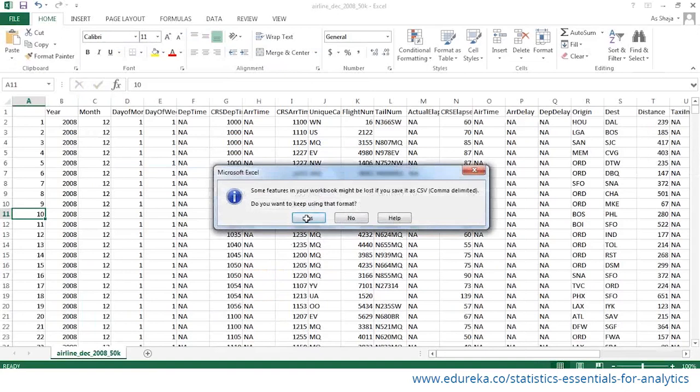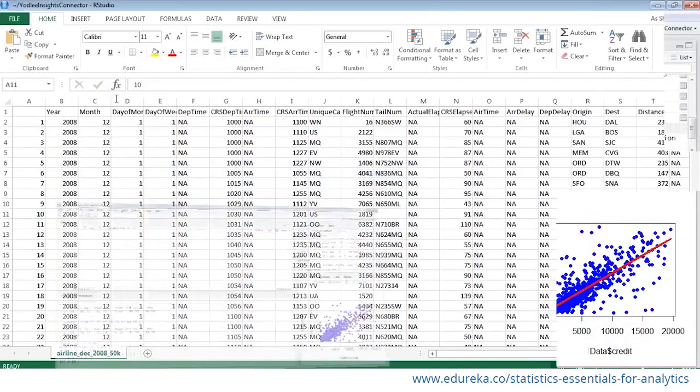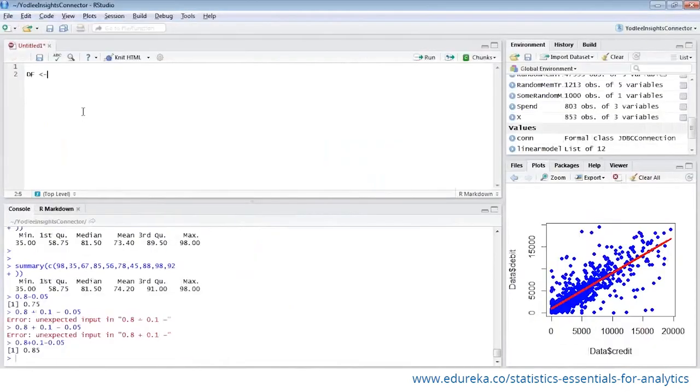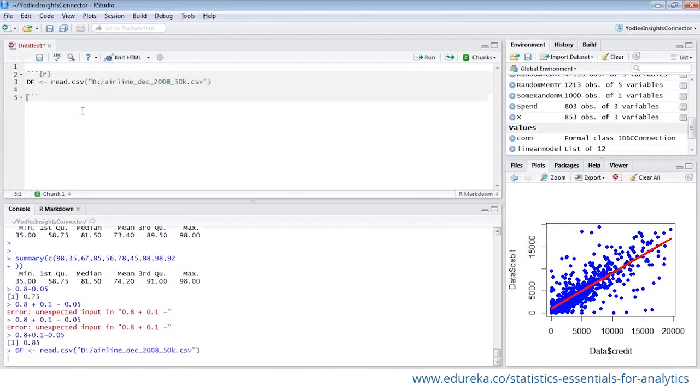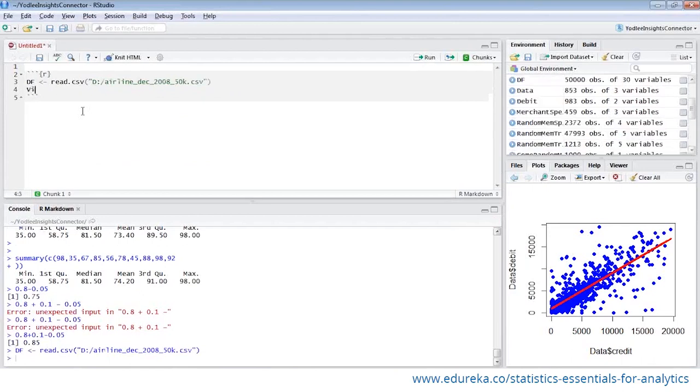This not being a session on R, I will not spend time explaining how to read data and so on. So I can read this data by saying that this is my data. Now I can view my data,